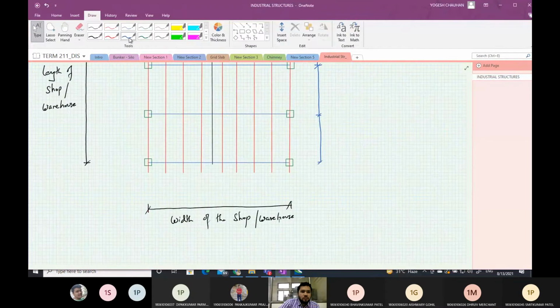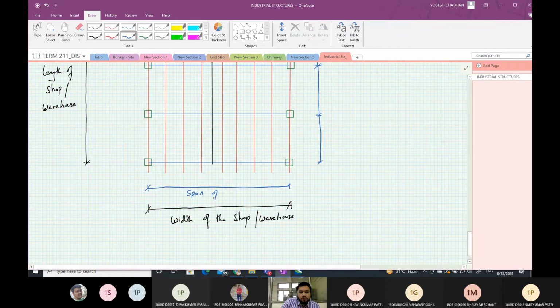So it is also the span of the roof truss.